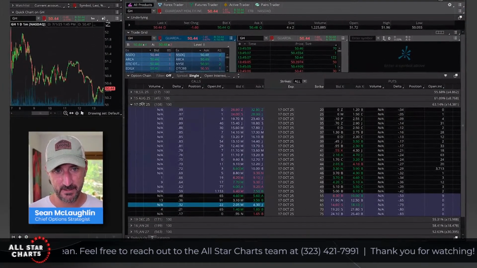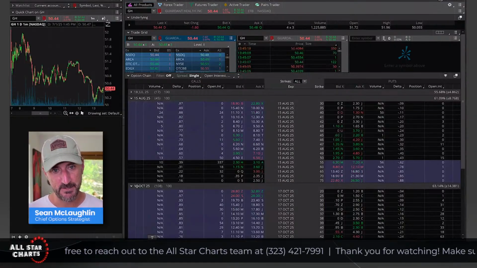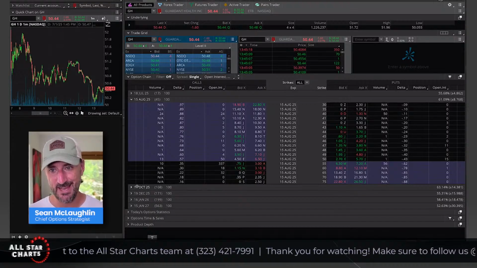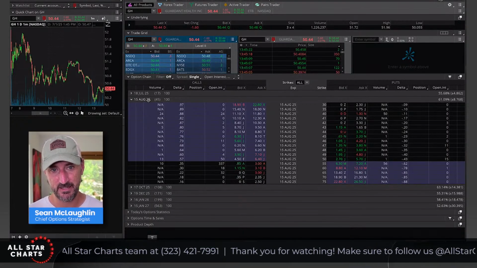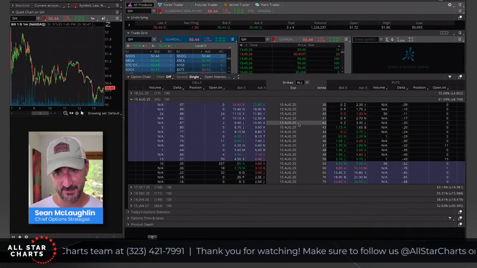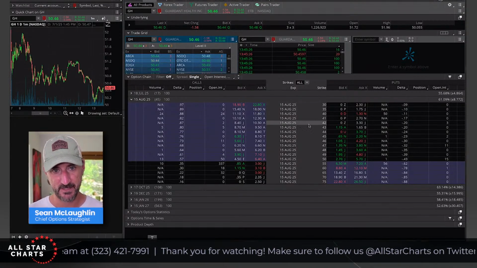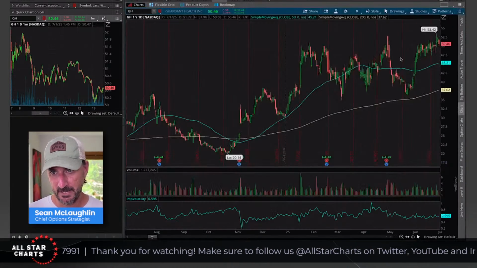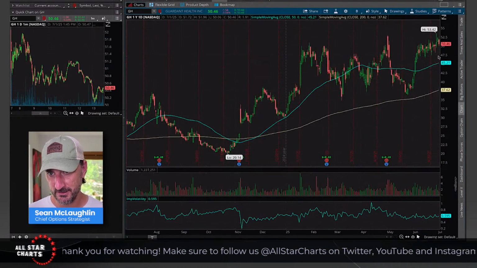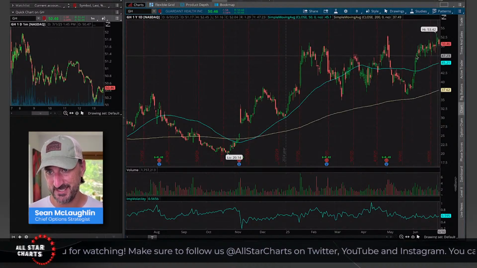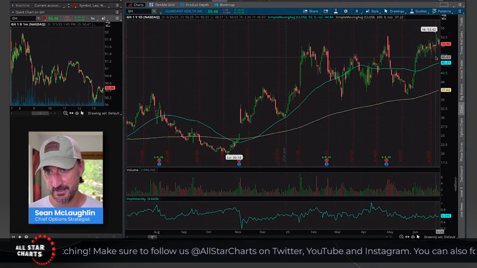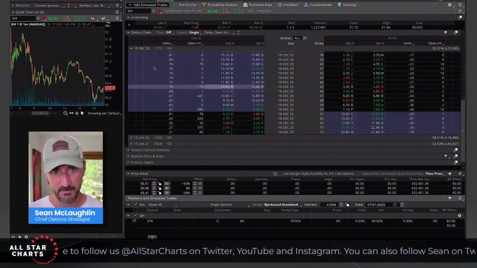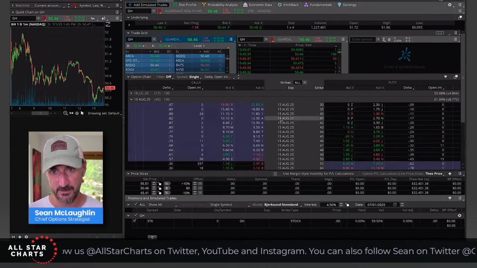Let's do this in August options, because remember what we just said about how as you get closer to expiration, options will decay in value faster, right? So I'd rather be in something that only has 45 days to expiration, as is the case here in the August options. Let me pull the chart back up real quick to get the lower bounds of this range. So it looks like 47.50, 47 is about the lower end of this recent consolidation. Okay, now let's bring up those August options again. There we go.